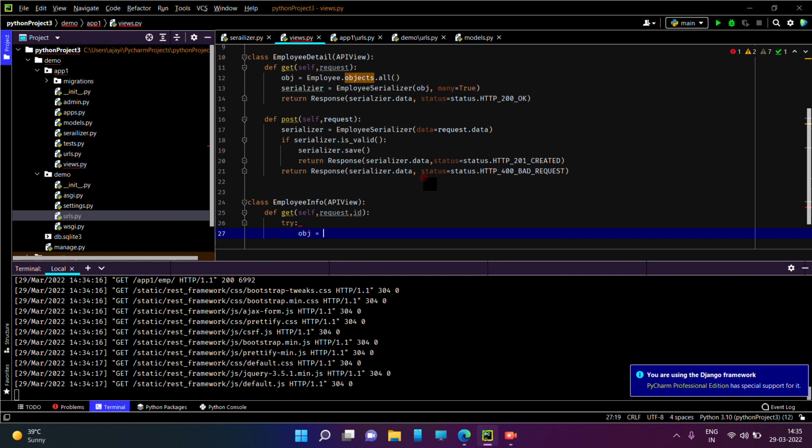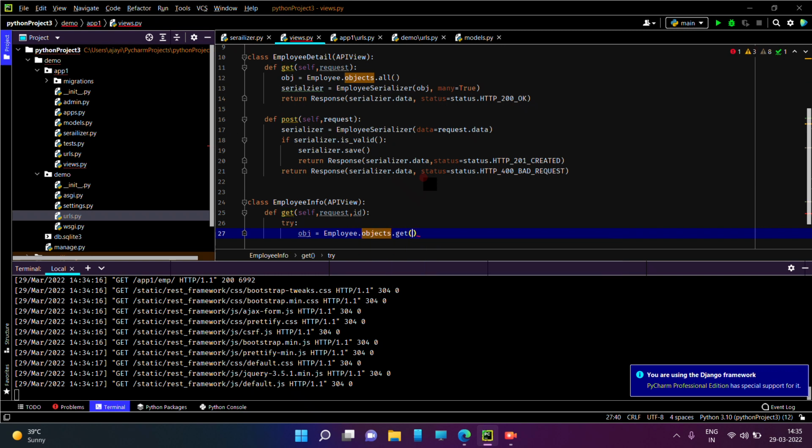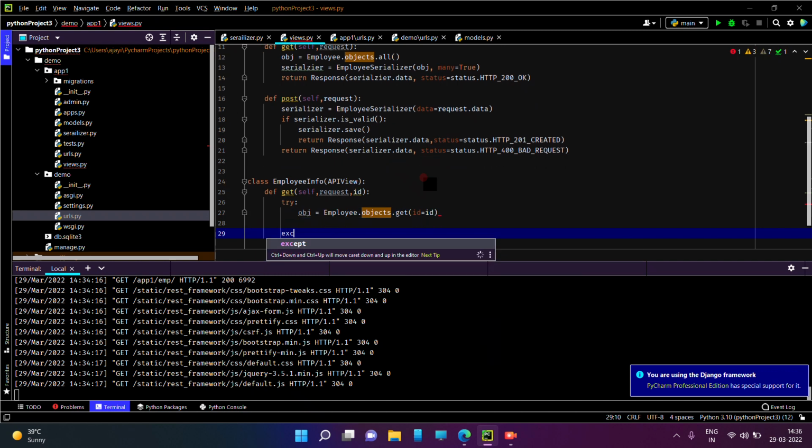I will create one object, and for that, employee.objects.get method. By using the get method, we can get a particular record, right, guys? We pass id equals to id, and then in the except block we will handle our error, not raise the error. We return Employee.DoesNotExist error,